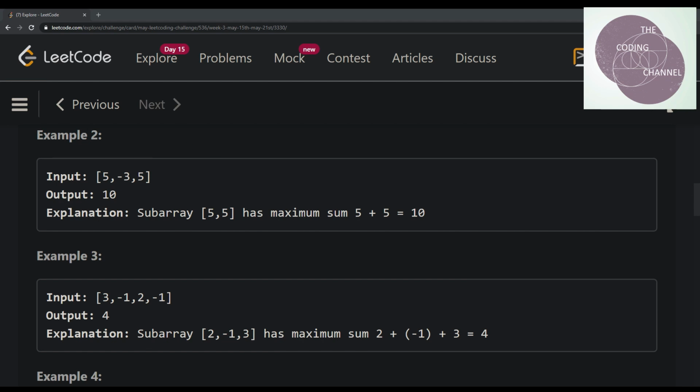Next, what we're going to do is calculate the total sum of this array, which is obviously 7. Now if we negate the signs of all the elements in this array and traverse through again once, 5 becomes -5, -3 becomes 3, and 5 again becomes -5. The total sum, as we said before, was 7.